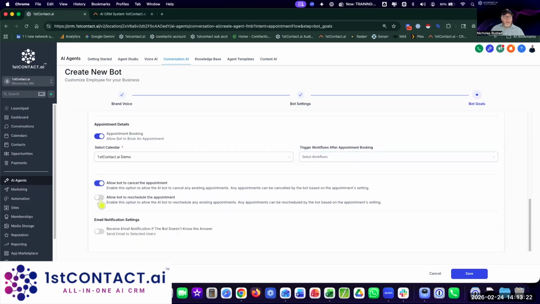And we can allow the bot to cancel and reschedule. And I always turn these on. I mean, I don't want to have to hold someone like, oh my God, I have to talk to a human to cancel my appointment. That's irritating. So we don't want that. We call it friction. We don't want that friction, right? We want this to be easy. If someone wants to cancel their appointment, they can chat with Flo, cancel the appointment,